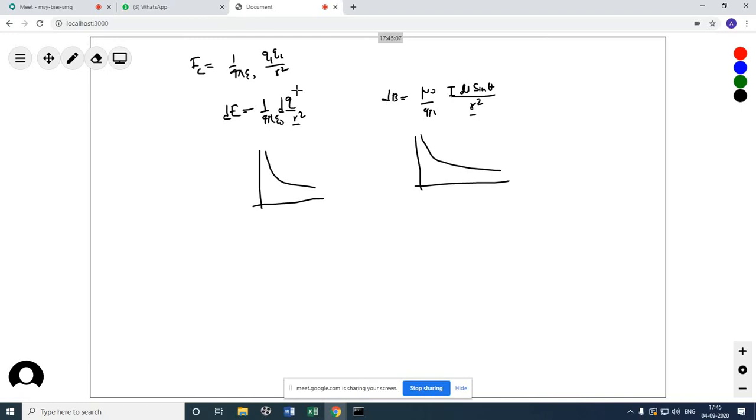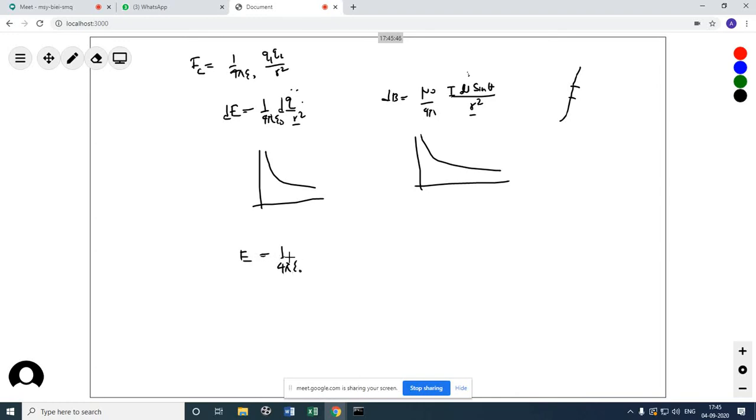However, this depends only on charge, while here it depends only on the length element dl. This depends on how much small charge is over a small area, right? And this, however, depends on the current carrying element, on how much that length element is. You first find out for dl, then you can find it for the rest of it. Got it? Now, one most difference is that electric field.